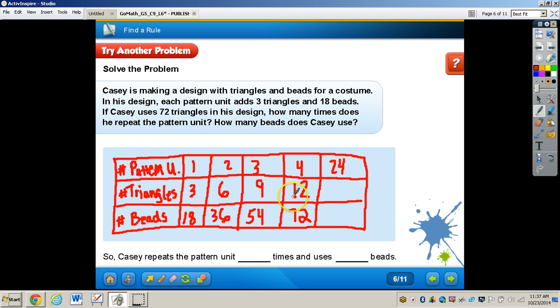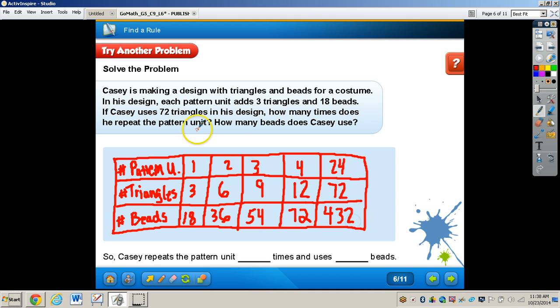Now if we keep going, as we keep adding 3 going all the way to 24, I know that 4 goes into 24 6 times, so I can take this 12 and multiply that by 6. That will give me 72 triangles at 24 pattern units. And then finally, keeping along with the rule, 72 times 6, if I multiply that together, that's going to give me